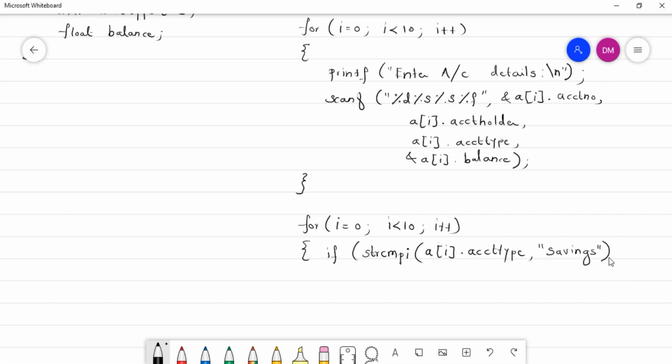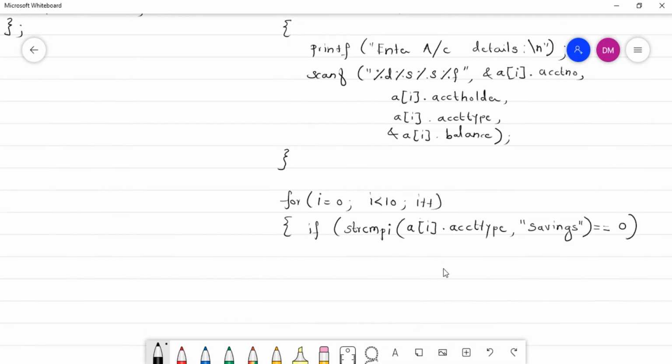Now if both the values match, we know that the string compare function returns 0. So I'll compare the result with 0. If both the strings match, the result will be 0. If you are not aware of this part related to string comparison, there is already a video prepared on this. You can watch that video.